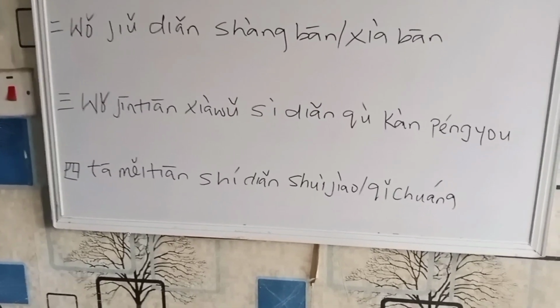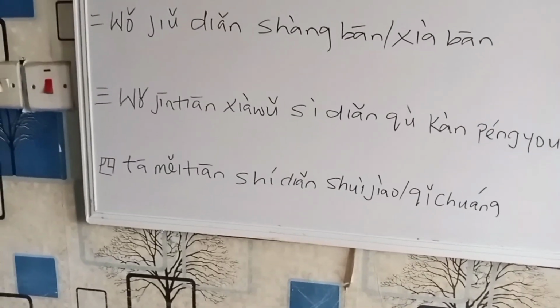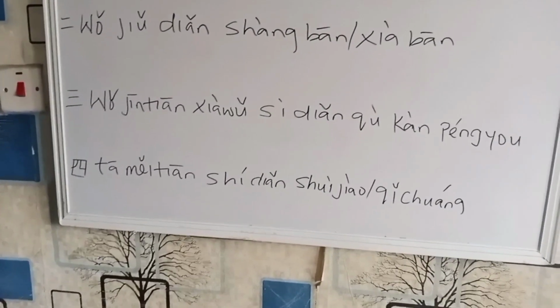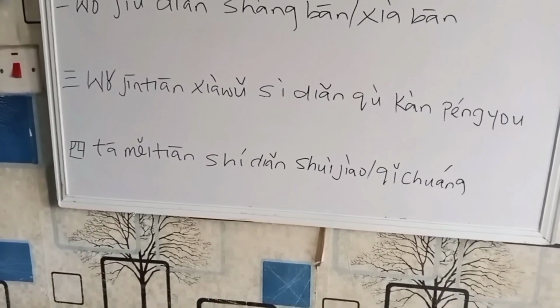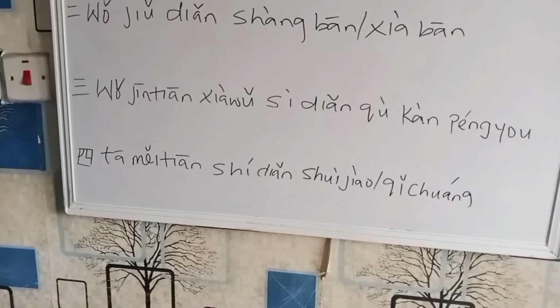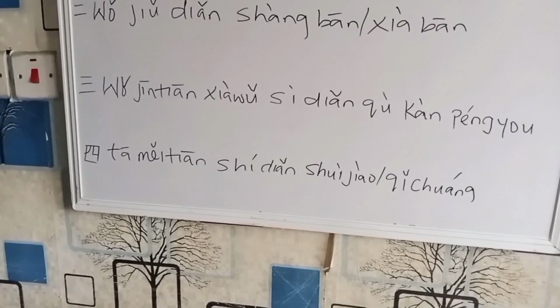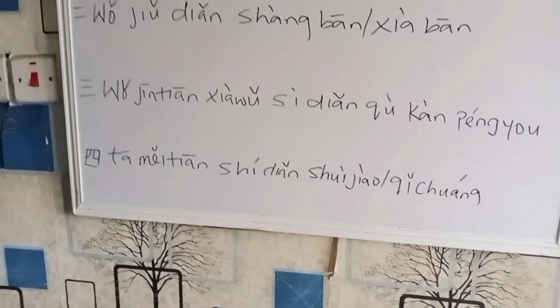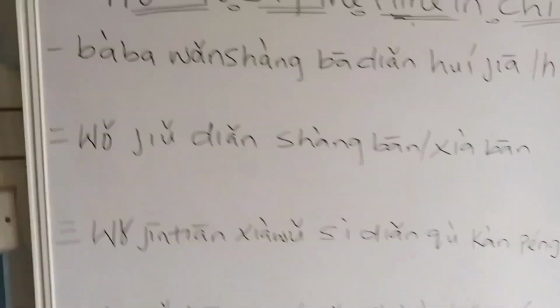睡觉 to go to bed. 起床 is to get up from bed. So here I said 他每天10点睡觉. It means he goes to bed at 10 o'clock every day. 每天 is every day. 每个人 is everyone. 每 is every. 他每天10点睡觉. We'll write the characters.